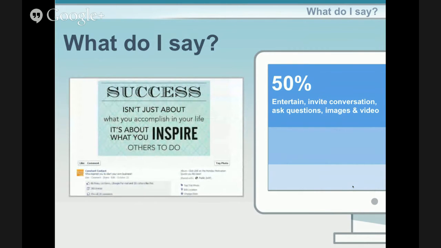Finally, success isn't just about what you accomplish in your life, it's about what you inspire others to do. This is just an image. This was interesting, thought-provoking. You're just trying to elicit the culture of your organization, provide and add to the conversation, and think about it as you're browsing Facebook, for example, and look through what are the things that are most interesting to you as you're flipping with your thumb on your phone, browsing your Facebook while you're in line at the grocery store. So look at that and think about it, and that should be about half of what you